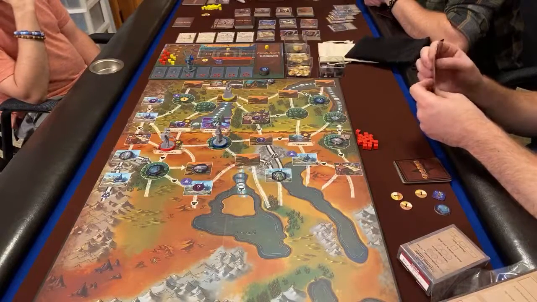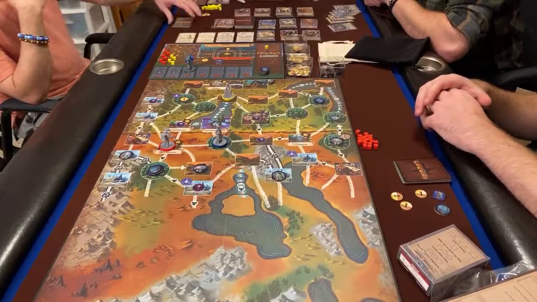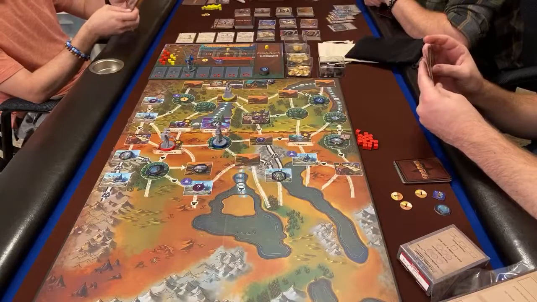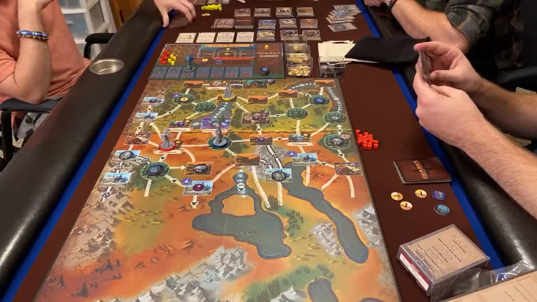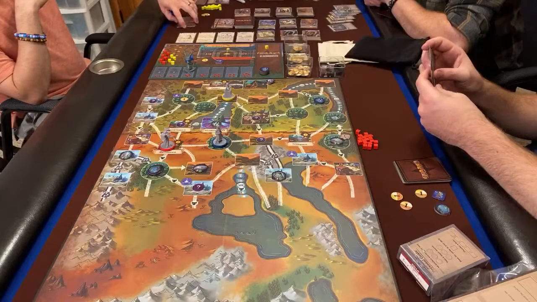Yeah, my hand's crap. Your what? My hand's crap. Your hands. I know, I was looking ahead. I'm not doing much this turn. It's unfortunate. Excuse me. Nine. But I guess...